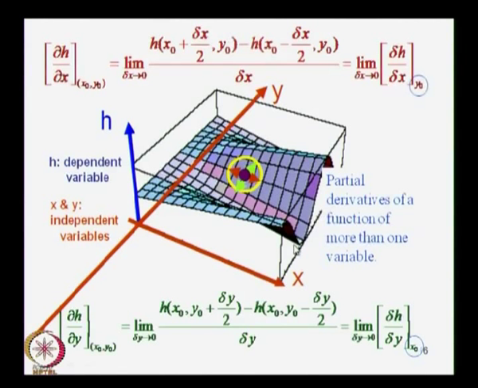And then for the other partial derivative, you keep x0 constant. So, x0 has got the same value in both of these terms, and then you take the difference of the corresponding terms, take the ratio in the limit delta y going to 0,